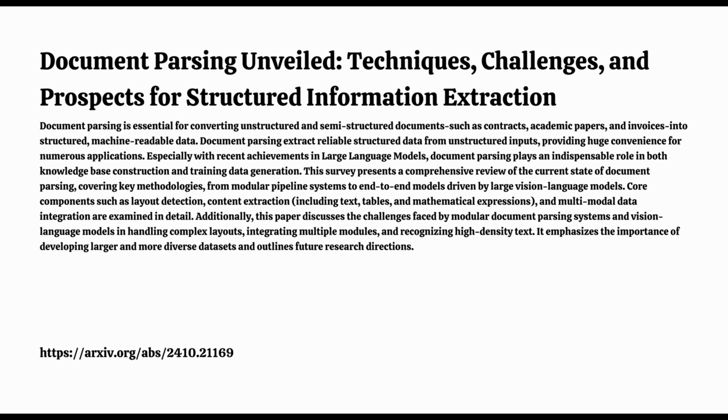The shift from traditional rule-based OCR methods to deep learning has been a game changer. Deep learning models can learn to recognize patterns and variations in text, even handling different fonts and handwriting styles with remarkable accuracy. But documents aren't just about words and letters. We've got mathematical expressions, tables, charts, each with their own unique challenges for a computer to understand. How does document parsing tackle these complex elements?